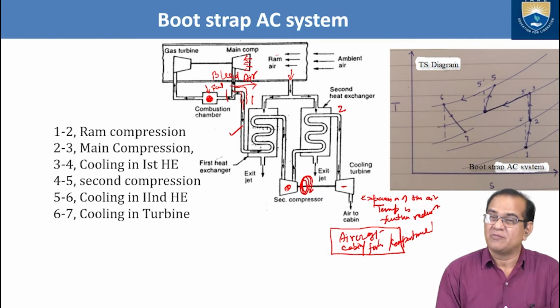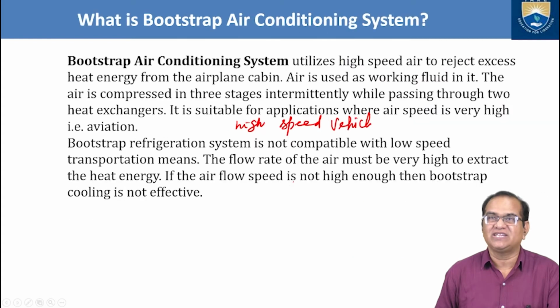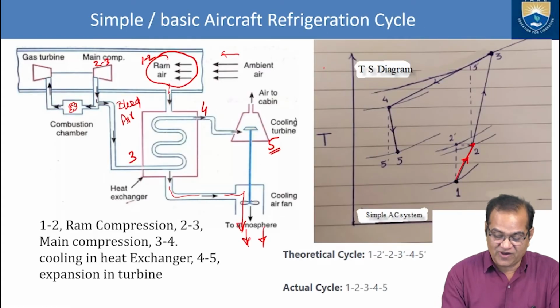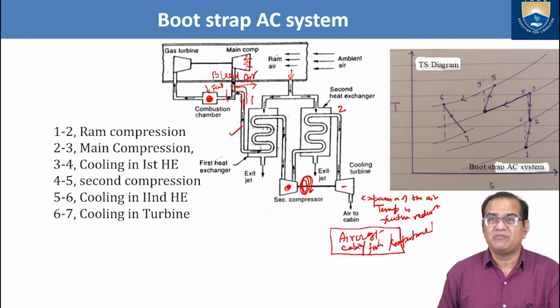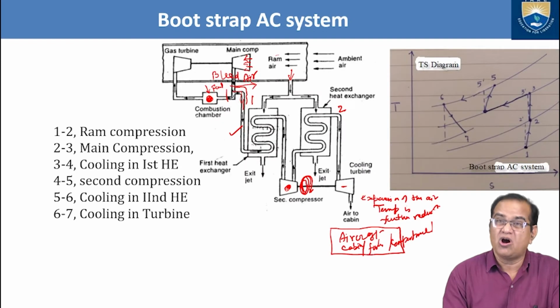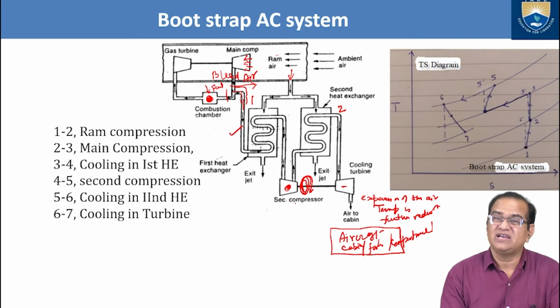The power generated by this is used to rotate this compressor. In the previous one, if you see what is the difference, we have a fan. This fan is used as an exhaust, but here in the bootstrap method, this is used to operate another compressor, so that a further reduction in temperature can be achieved by the high pressure air entering the cooling turbine. So that is the objective of this